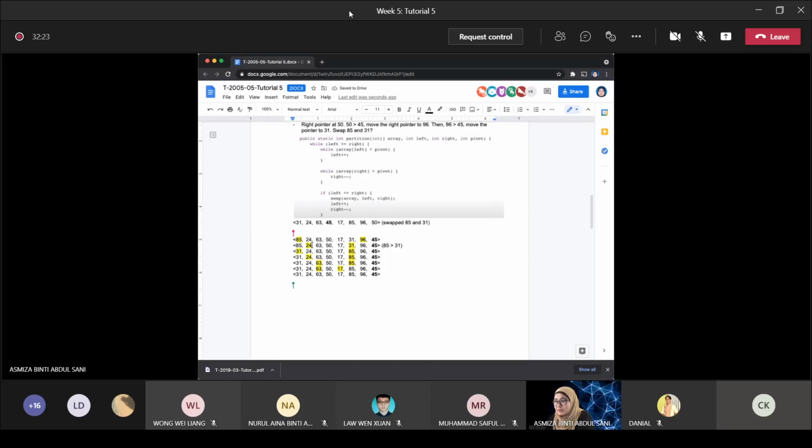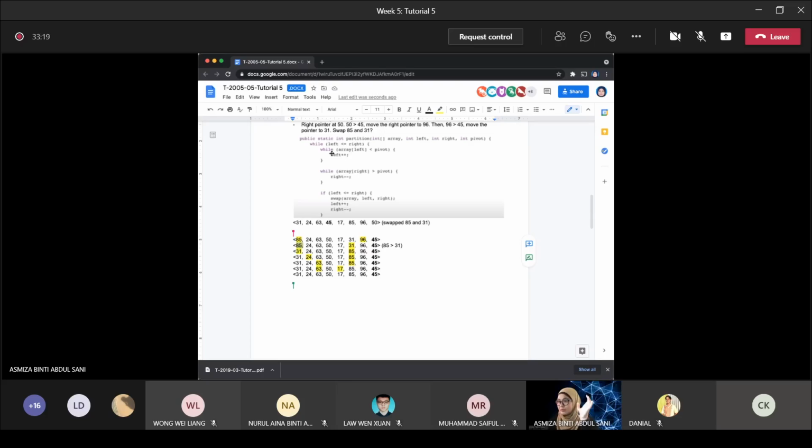And now you do the same again. You see whether 24 is bigger than 45. No. So sorry, while array left is less than pivot, but then it's not, so it's supposed to be 85. Still 85, sorry. So it still is 85. And now 85, while array left is, okay, so 85 and 31. So now 85 with 45, it's still bigger, so stay. 31 and 45 is